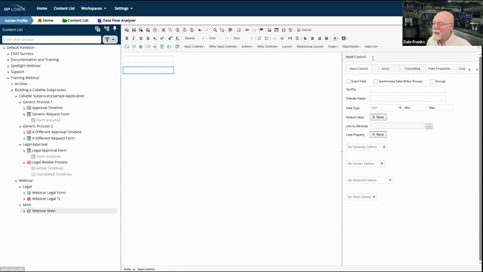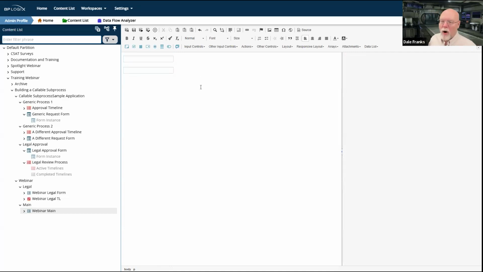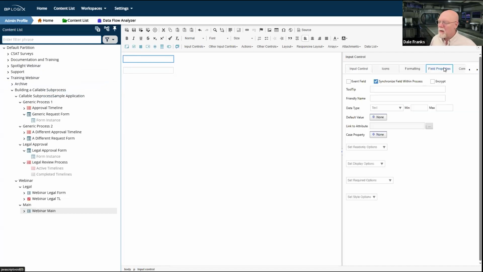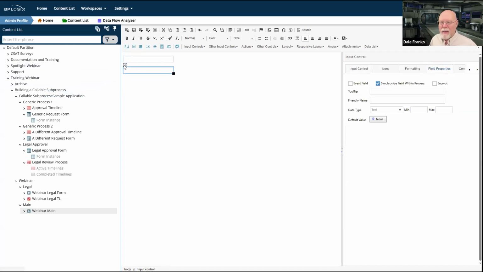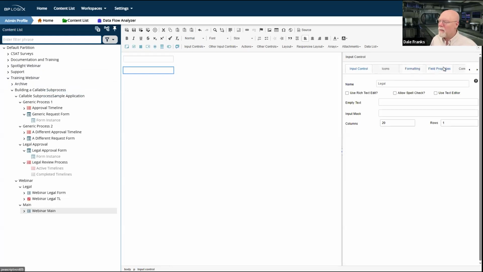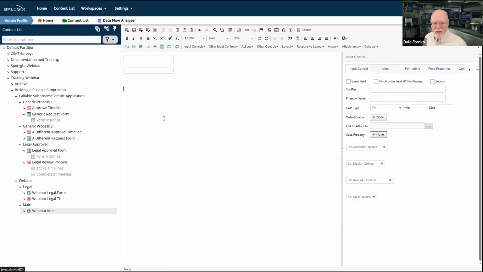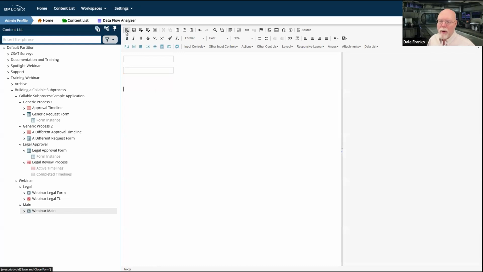We're going to turn off the synchronize on legal, but we're going to turn it on for main. And that's really all we care about on this form. So now we have the same fields and we have two-way replication going. So now the main, or the info field, is the one that gets synchronized to the legal. And then the legal field is the one that will get synchronized back into the main form.